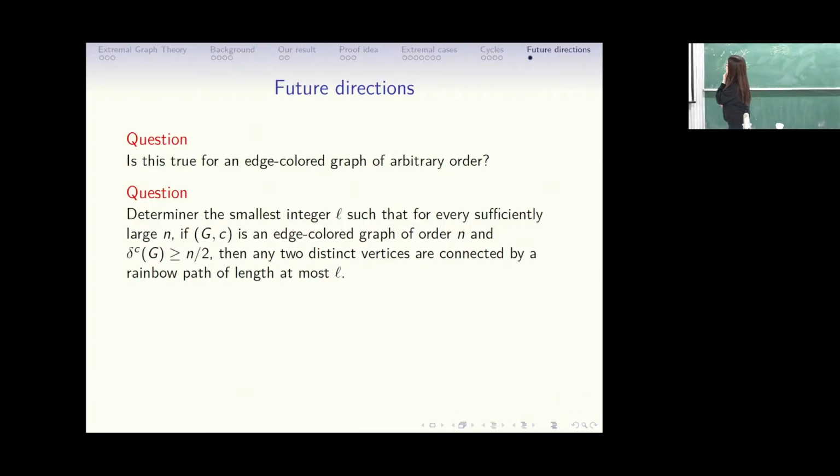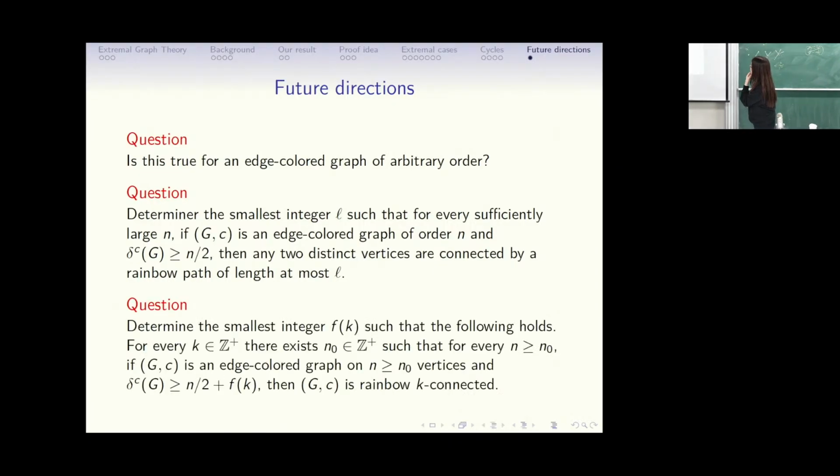Okay, questions 2 and 3 are about the optimal constant and also the optimal function for the existence of, say, k paths, or a subdivision of K_k. We think it could also be of independent interest to find the optimal function for the existence of a folder structure here as well.